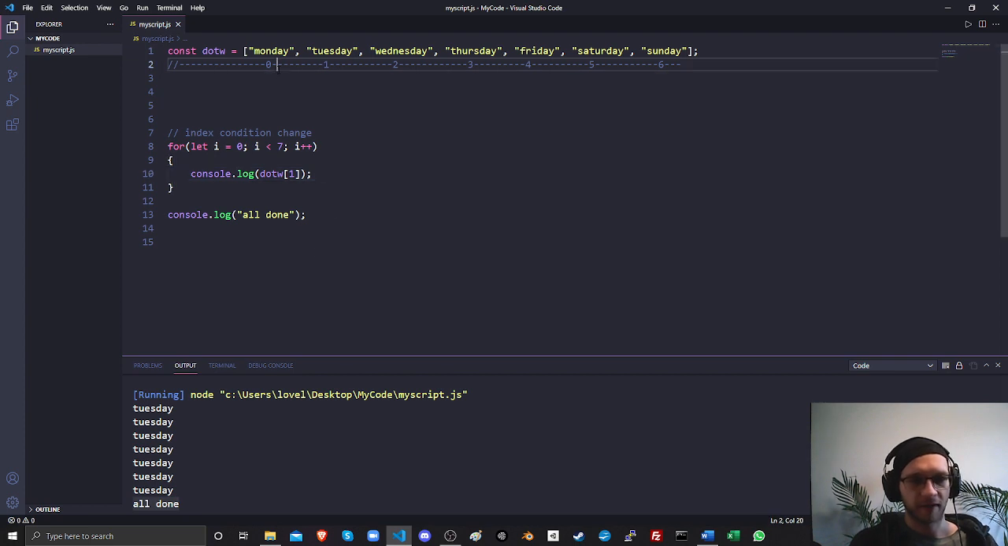But let's say we want that to increase every time. So we want it to be Monday, then Tuesday, then Wednesday, and so on. Well, since we know that this letter i is going to be changing and doing exactly what we want, it's going to be 0, then 1, then 2, we can just write the letter i in here. So there's almost two things going on here, right? First off, dayOfTheWeek[0], like that, is the same as writing Monday,